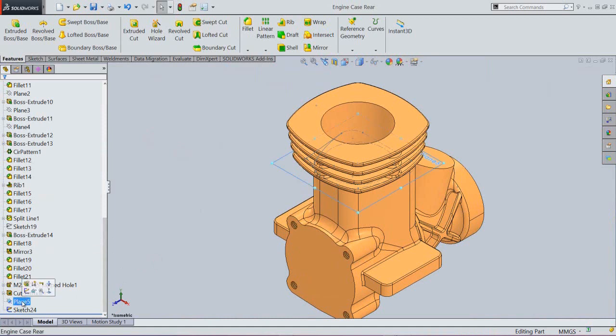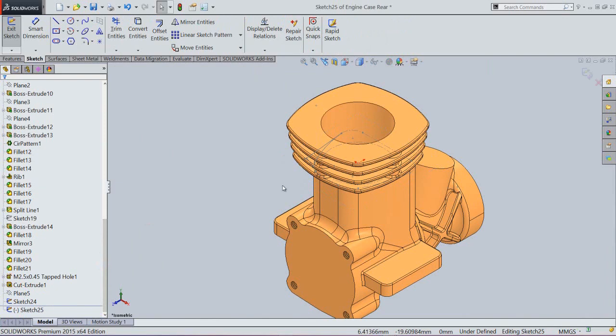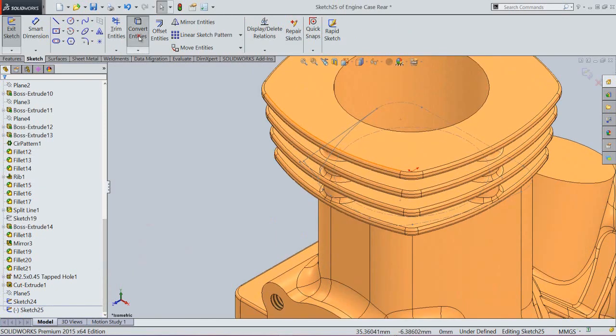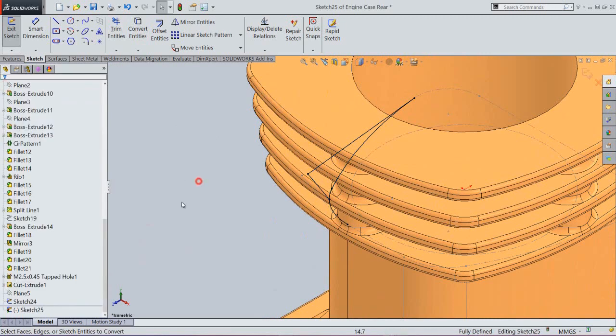Create another sketch on this plane. And take the project of this sketch profile as we had done earlier, so that we can extrude this sketch easily.